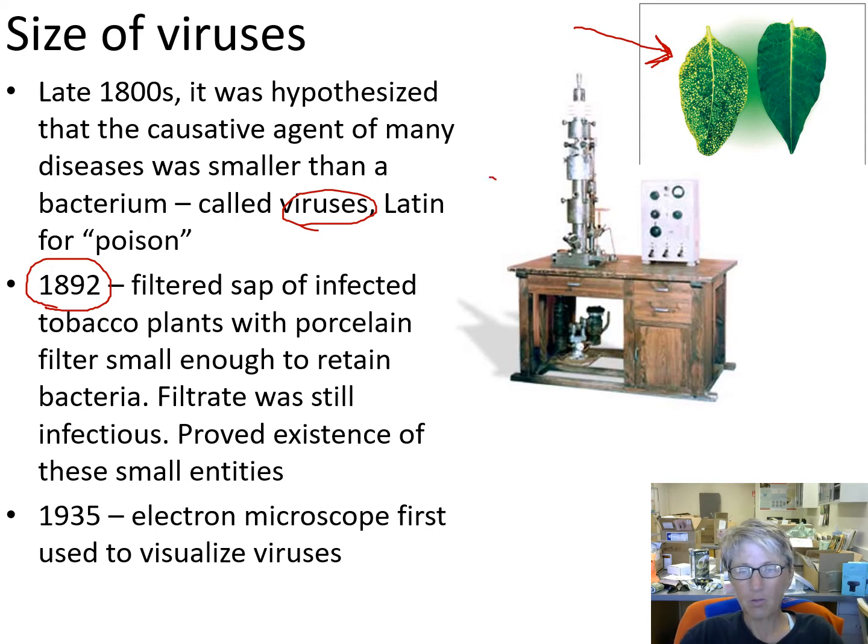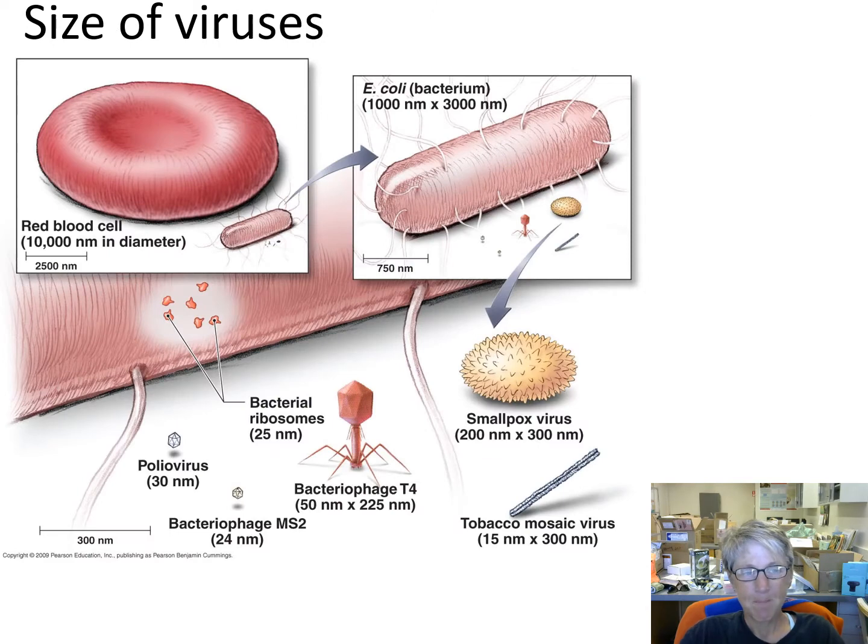And this is an old-timey electron microscope that they used to see the first viruses. So there you go, history. Okay, sizes of viruses. This is a red blood cell from a human, and it's about 10,000 nanometers in diameter. So from here to here, diameter, it's about 10,000 nanometers. An E. coli bacterium is about 1,000 by 3,000 nanometers, so 1,000 nanometers shortwise